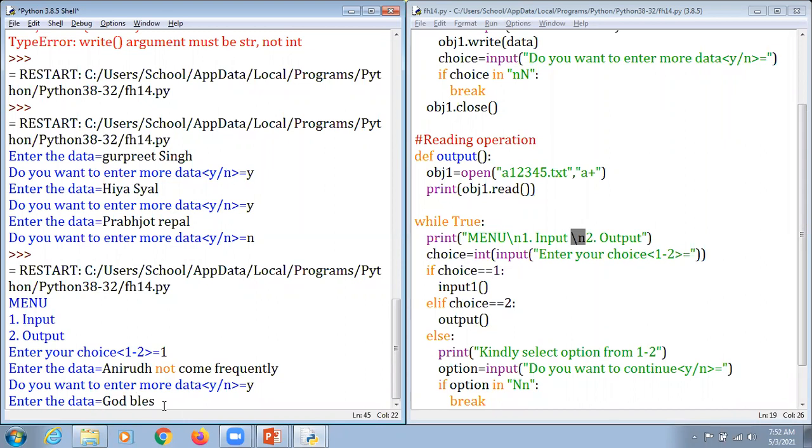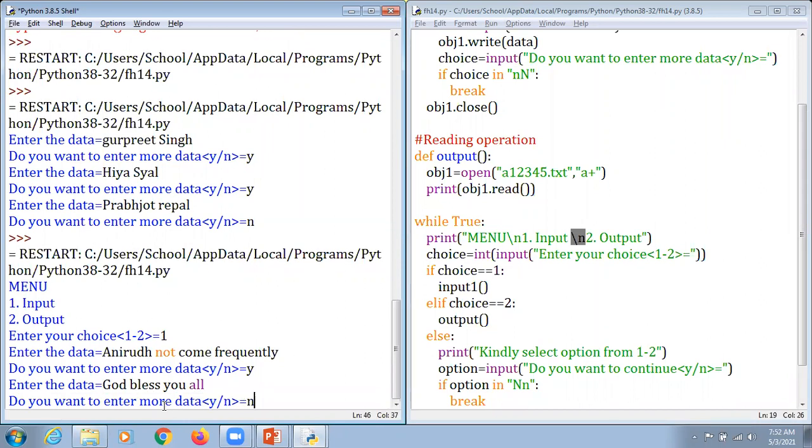Okay, I'm just going to hit the enter key, and again I am saying y here, and I just want to enter the data here. God bless you all, and again hit the enter key, and this time I'm going to hit the N here,